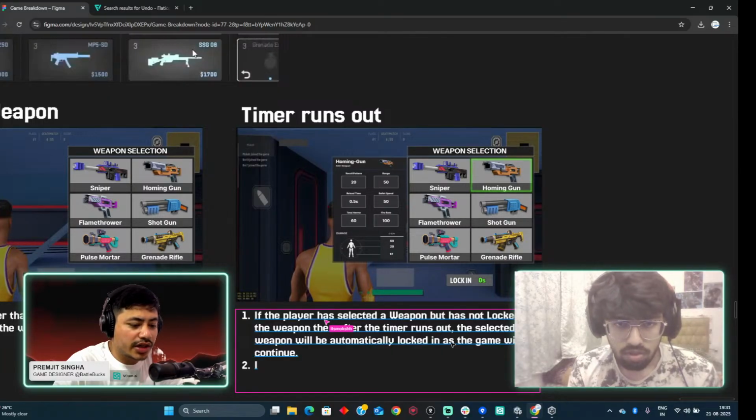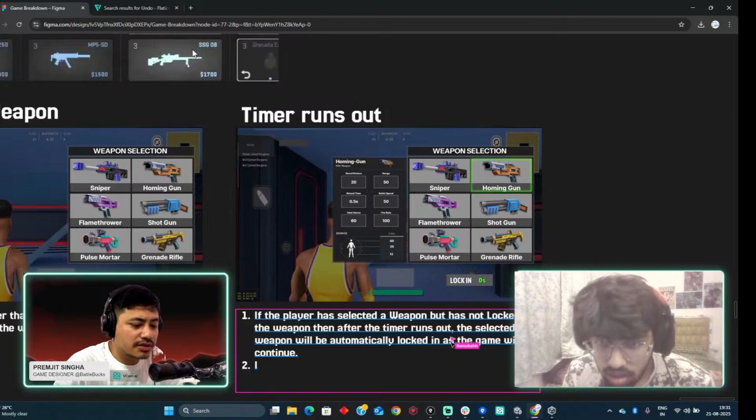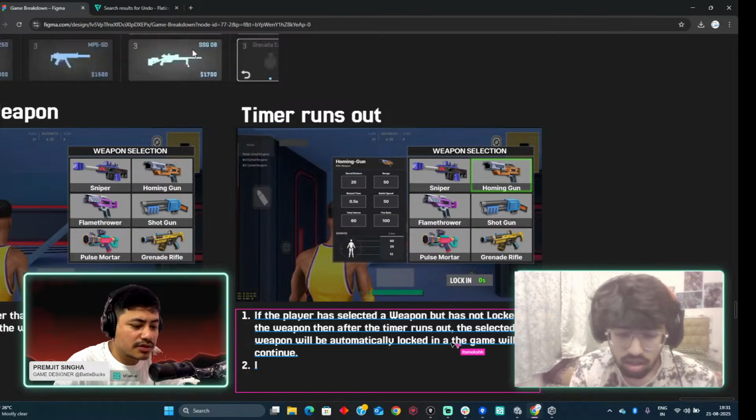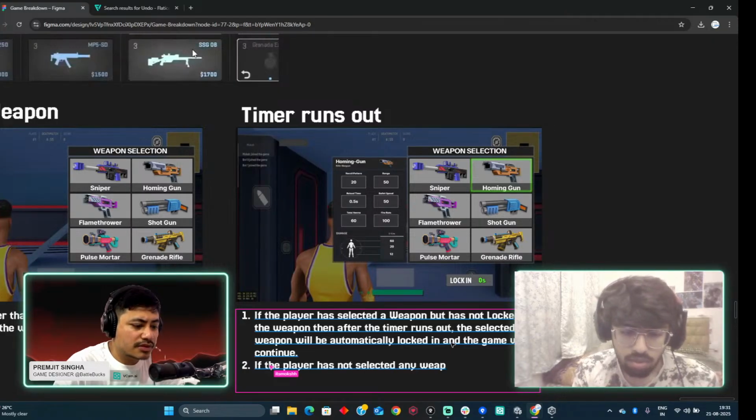If the player has not selected any weapon and if the timer runs out,